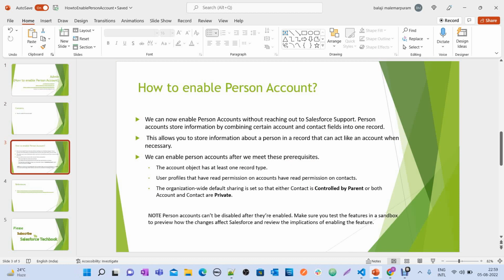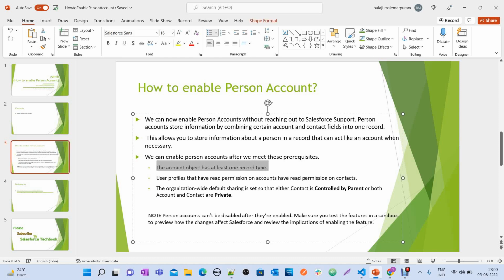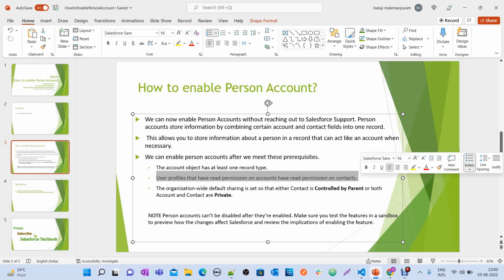Previously, if you wanted to enable person account in your Salesforce instance, you had to raise a case with the Salesforce support team. Then they would ask you to enable a few prerequisites, along with giving access to the Salesforce support team. What prerequisites did we have to set up previously? We had to create at least one record type on the account object, and the user profile who is going to enable person account in the system